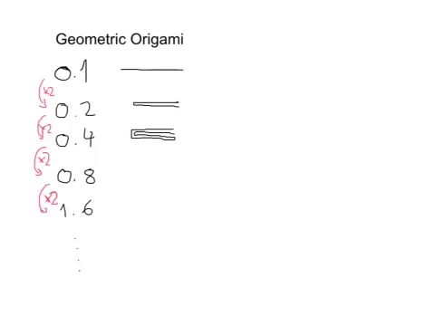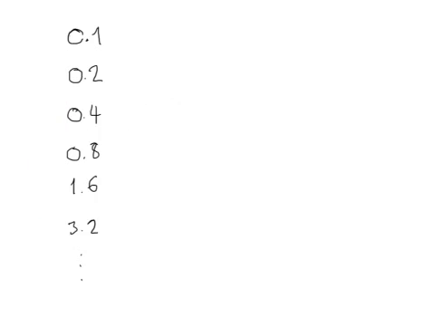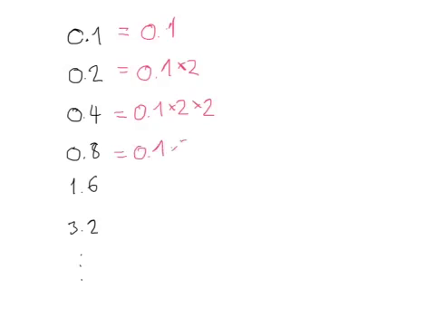Now let's analyze this a bit further. This is roughly what it looked like. My original thickness is over here, 0.1. That's my original thickness, 0.1. This one is going to be 0.1 times 2. Here I'm going to have 0.1 times 2, which is the previous one, and I double it because I'm folding it. This one's going to be 0.1 times 2 times 2 times 2,